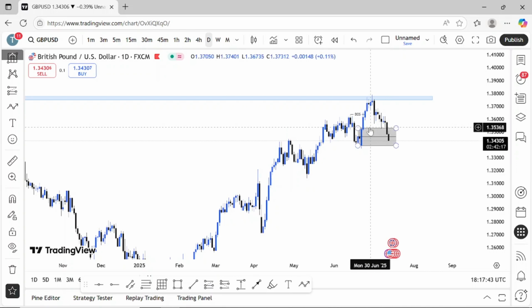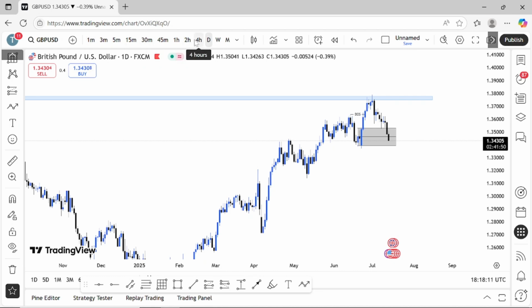So after marking this order block on the daily time frame, like I said, don't forget, top-down analysis: we move from the higher time frame to the entry time frame. So you move daily time frame, 4 hours time frame, 2 hours time frame, 1 hour time frame, 45 minutes time frame, 30 minutes time frame, and 15-minute time frame. Leave out the 3 and 1 minute time frames. They are executional movement. I use the 3 minute time frame to do